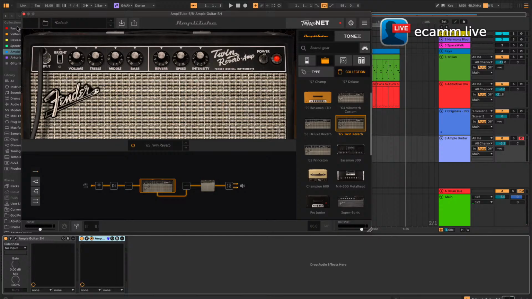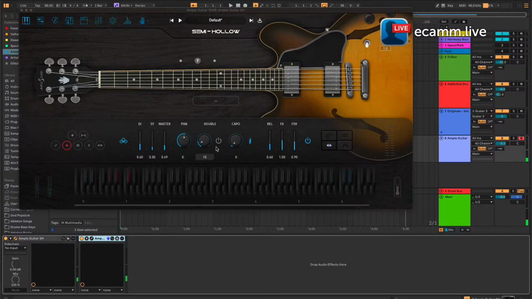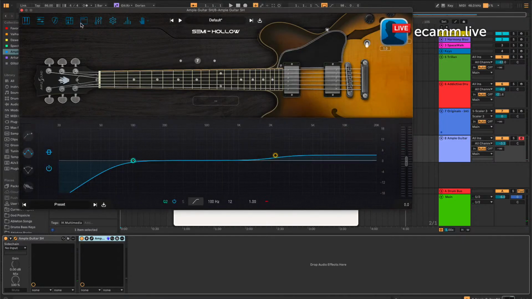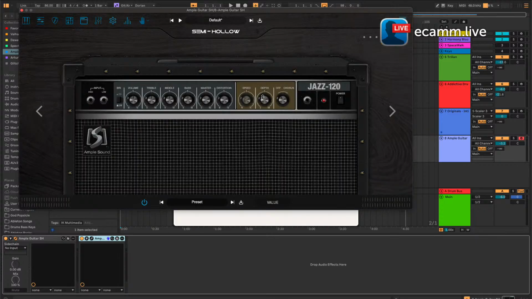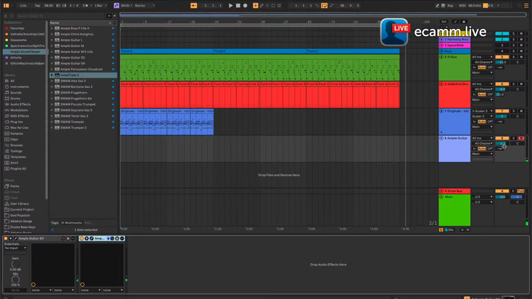Fender, we're gonna use a Twin Reverb. And the sole purpose of this is there's technically a guitar amp in here, by the way. Right here. They use a Jazz one. But for Jazz 120, unless you crank it and you're trying to do some Metallica stuff with it, for some reason it kind of sounds thin. So I like it with